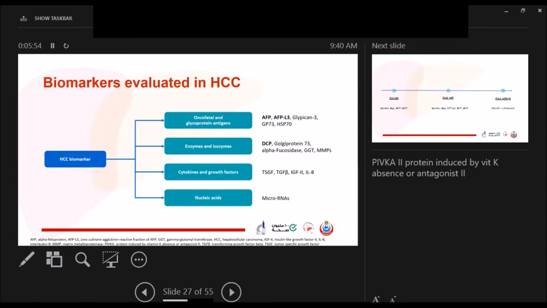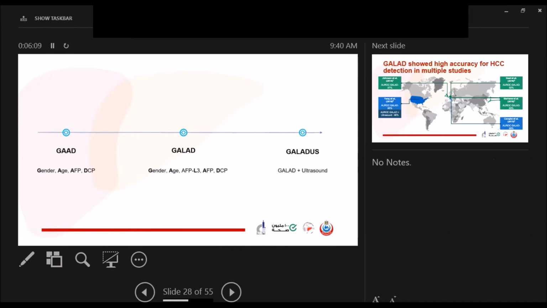Some of them have been validated, such as alpha-fetoprotein L3 and DCP. So we try to make combined diagnostic models to enhance our accuracy and ease of detection of malignancies, such as the GAD score, which relies on gender, age, alpha-fetoprotein, and DCP, and is further preceded by GALAD, which uses alpha-fetoprotein L3 and DCP, and then it's augmented by ultrasound in